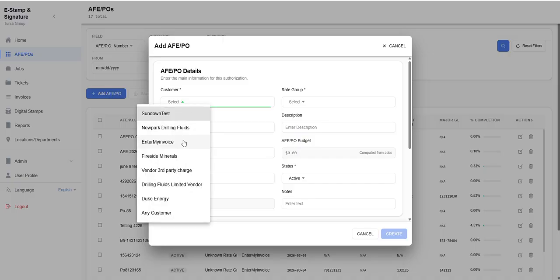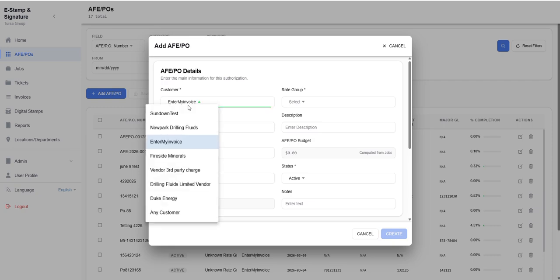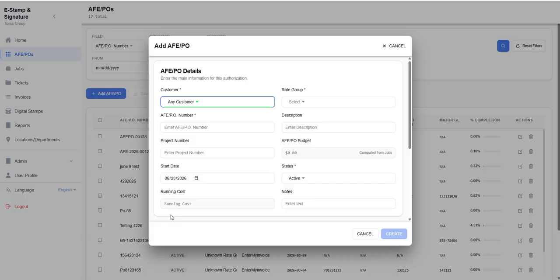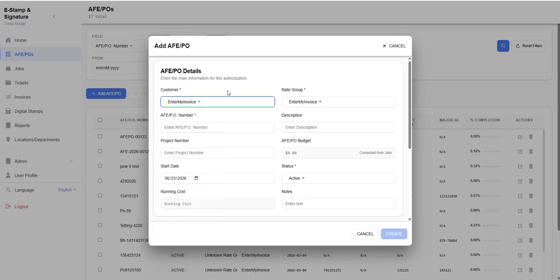So if you want to create a customer-specific AFE PO, click on the customer drop-down and assign it to a specific customer. If you want to create an open AFE PO, then you will have to select the any customer option and continue. Now the next drop-down is the rate group. You can associate this AFE PO to a rate group. So I'm going to select my rate group here. Select my customer,